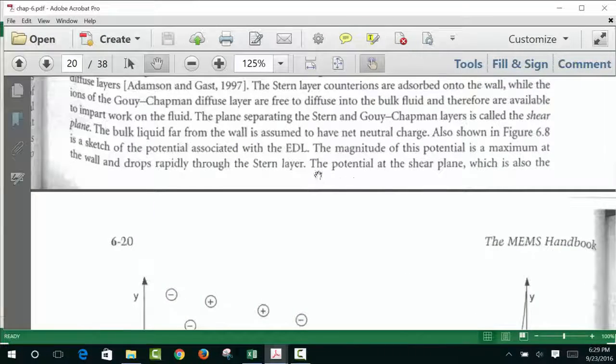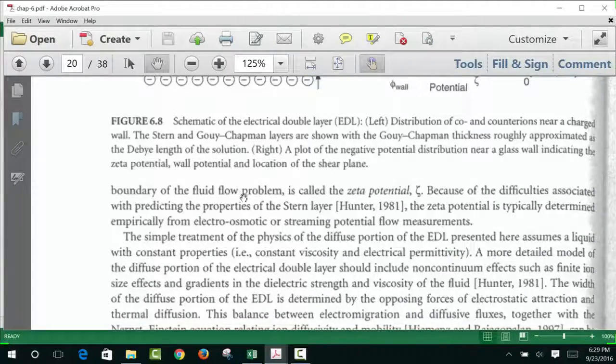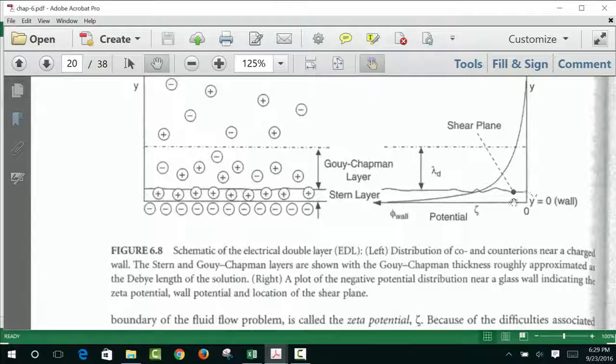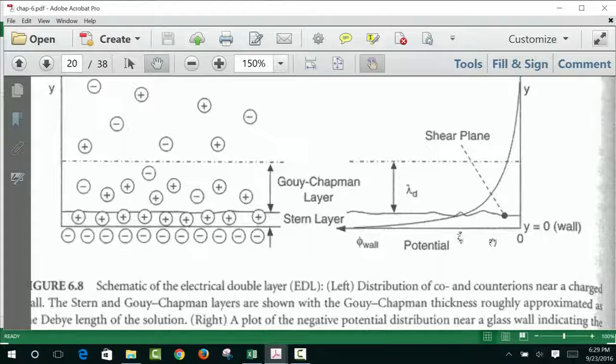The potential at the shear plane, which is also the boundary of the fluid flow problem, is called the zeta potential. Okay? So he's basically saying that here in this place, this number is zeta potential. This is a Greek letter zeta. You see it? So he's saying if the electric potential is going from 0 to phi wall, as we are going from here to here, from the bulk to the wall, at the edge of the